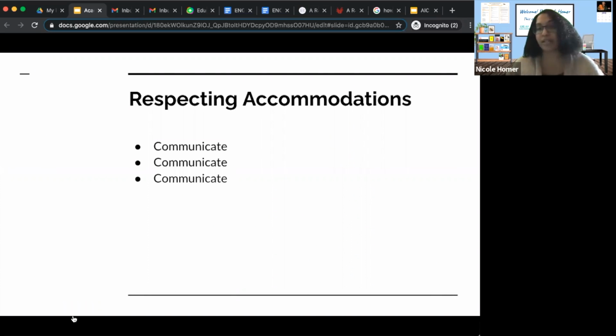So in an English class, if I'm teaching about poetry, your use of a calculator has no effect. You give me a piece of paper that says you can use a calculator, and that means nothing to me in my poetry class. But the idea that you might need to read questions out loud, that's something I need to know. If you need to access other things, or you need notes, that's something I need to know before you